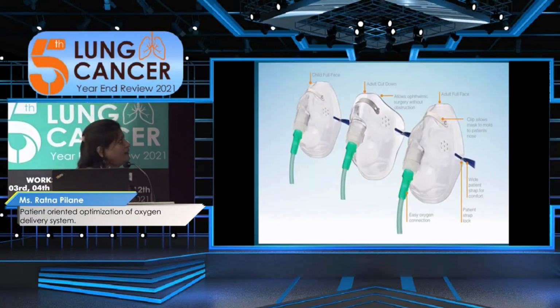These are the 3 types. See, the first one has the clip and has the exhalation port also. The middle one is for when the patient has had ophthalmic surgery; the shape of this mask is different, so it will not go up to the eye level. And this one is the child face mask. So always see that whenever you are fixing the mask, it should not cover the patient's eyes. And if the patient has any skin rashes, you have to put some gauze piece and then fix the mask, otherwise there will be a wound.